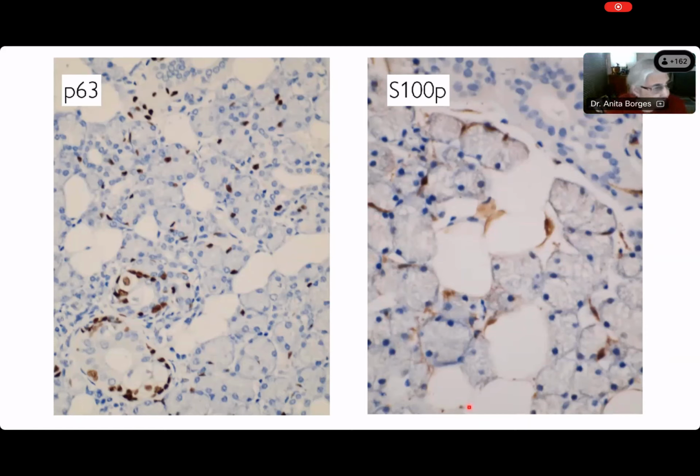All right, let's ask Wrinkle. I can't see you, Wrinkle, but please answer the question. P63. Ma'am, in prostate. Excellent, Wrinkle. Yes, that's what we do. We use P63 there to see whether basal cells are present or not present in the prostatic acini. Why do we do that, Wrinkle? Why do we try to find out whether there are basal or no basal cells in the acini of the prostate? Ma'am, to check for development of epithelium or hypertrophy or carcinoma. Oh, Wrinkle.